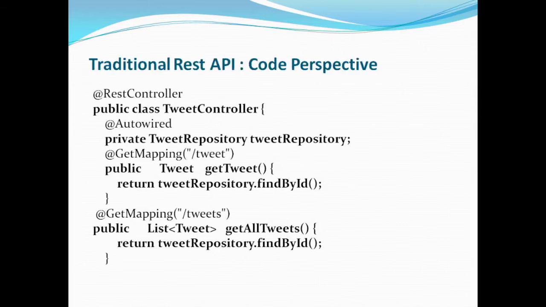If we look into the code snippet of a traditional REST API, our RESTful endpoint methods always have a return type of model objects. For example, if a method getTweet is going to return one tweet object, we represent it with one single domain object or component, or else a list of domain objects. Here in this snippet, we can observe Tweet and a list of Tweets are the return types we provide.